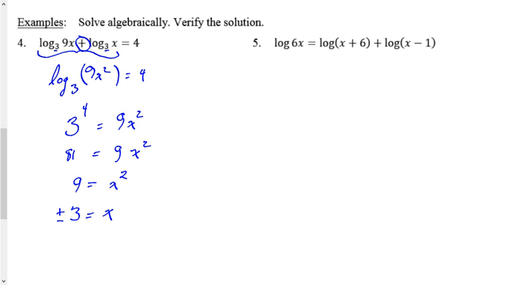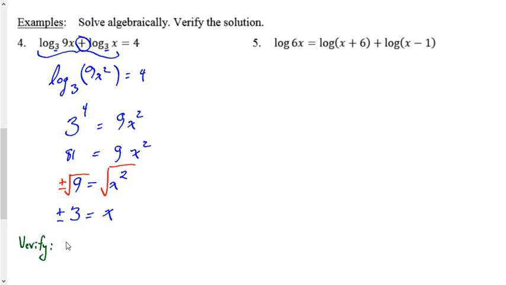So remember that when we introduce this square root sign to undo the squaring, with it we also introduce a positive or negative because there are two square roots. Now we're asked to verify. So again, when we're verifying, just like with previous courses, we'll look at our original equation and we'll replace the x's with the positive 3 and the